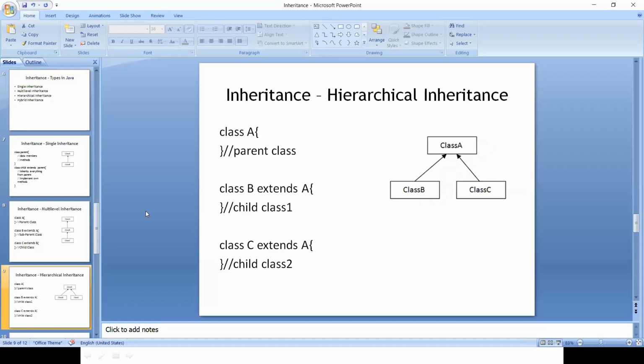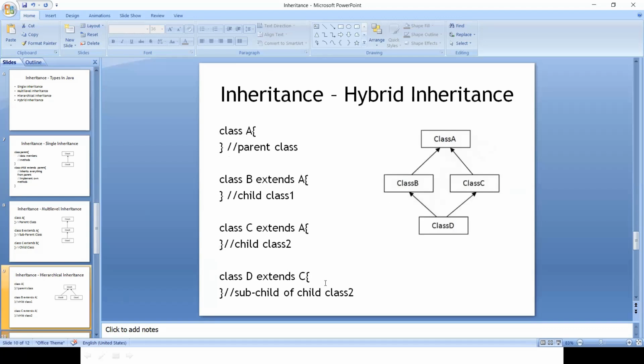We will move on to the next one, which is hybrid inheritance. Now, hybrid inheritance is said to be a combination of hierarchical inheritance and single inheritance. As we have already discussed, guys, there is no multiple inheritance concept in Java, that a single class cannot extend two different classes at the same time. Multiple inheritance is nothing but a child class extending two different parent classes at the same time. So here the hybrid inheritance is a combination of hierarchical inheritance along with single inheritance.